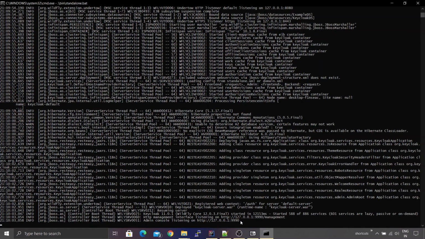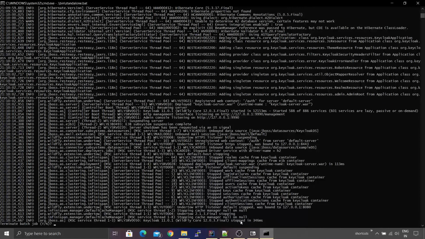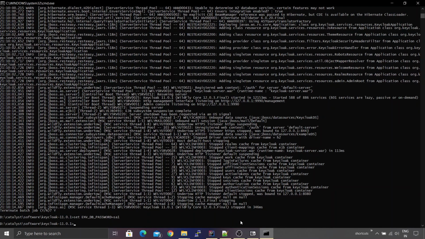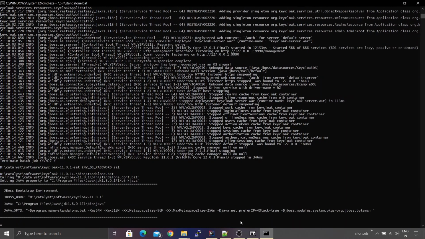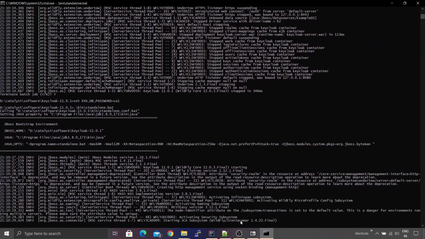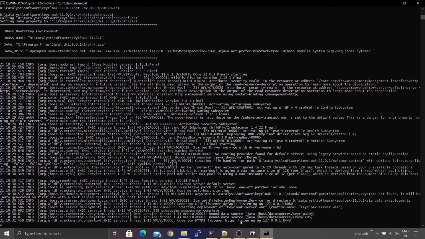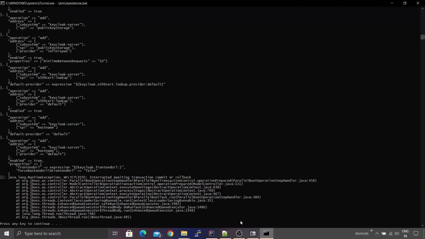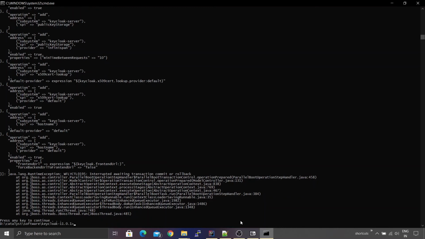So it looks good. Let me just change the value and we'll verify whether our configuration is working properly or not. So we have SA as a value. I'm going to change it to SA1, and then I'm again going to execute the standalone.bat file. Now this time the server should not get started, it should fail. Alright. And yes, the server has actually failed. So our environment variable is getting referred inside the plugin that we have created. Let me just roll back the value to SA.